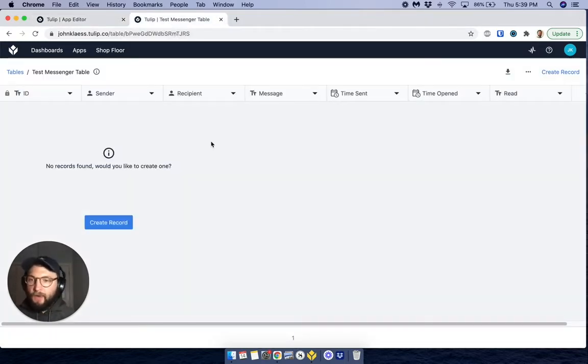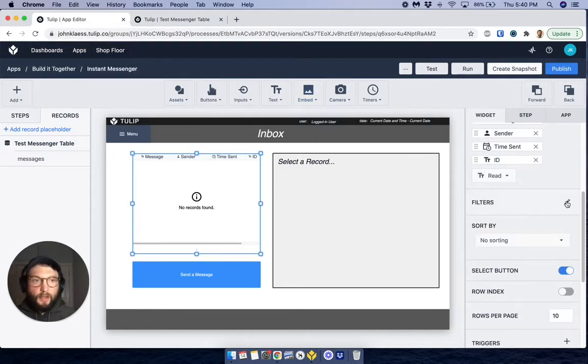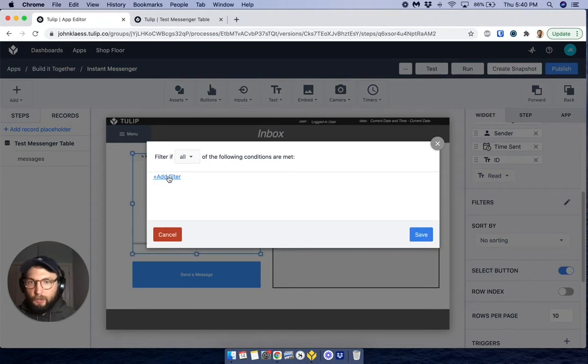Let's say you have 5 or 6 people using this application in individual stations. Every single time they send a message, theoretically, their name should populate as the sender, and the person that they're sending it to should populate into the recipient column. Well, if this table is reading out every single message that is sent by anybody, we're going to wind up with everybody else's messages. We need some way of getting rid of the noise. Similarly, once we've read a message, we don't want to see it anymore. We wish it was gone. So what we're going to do is come over here and add a filter,